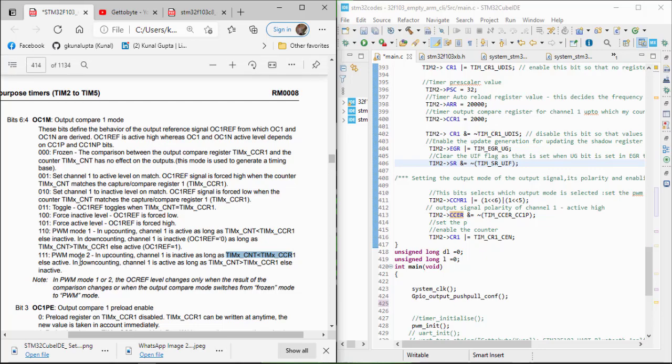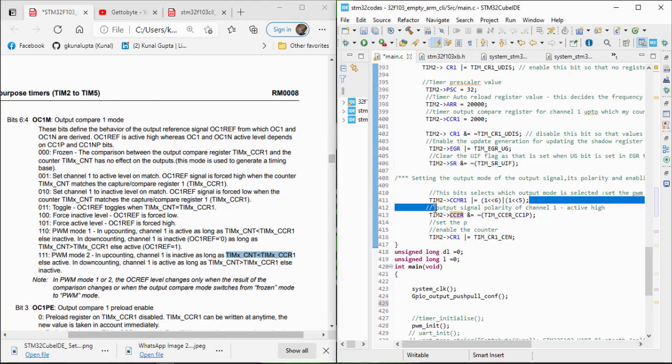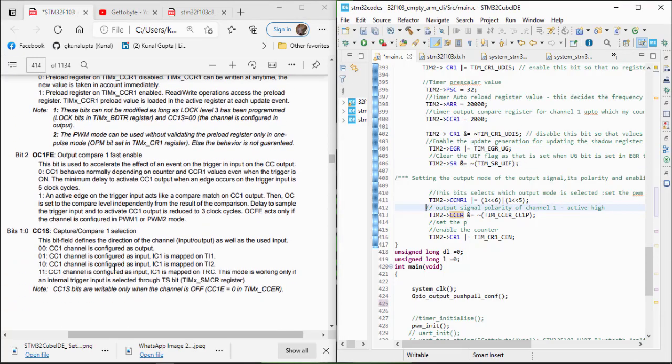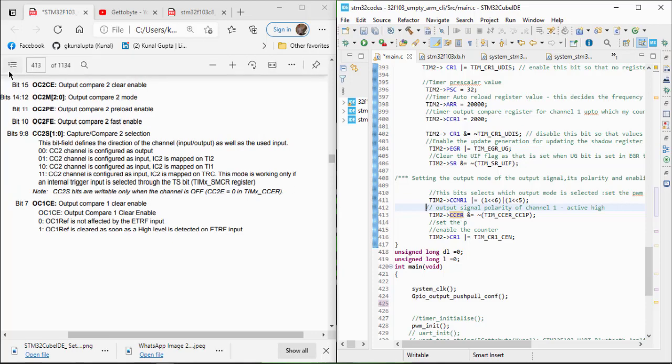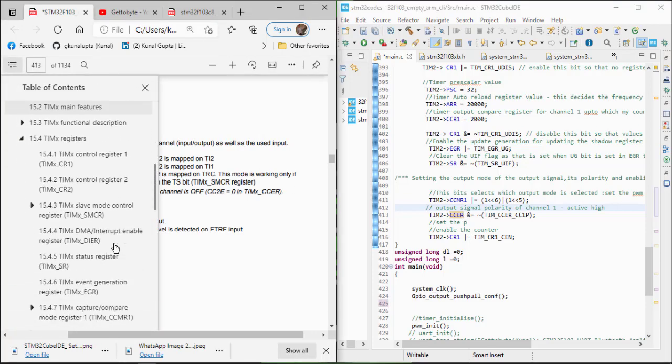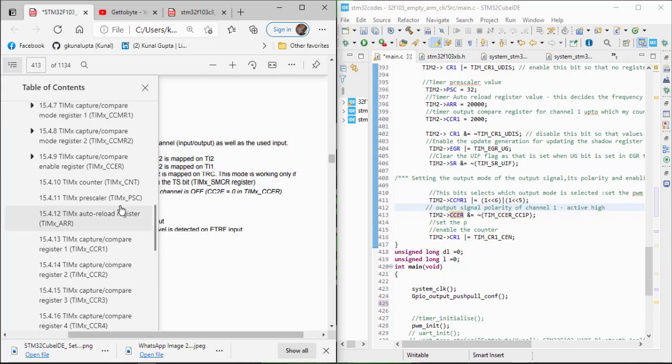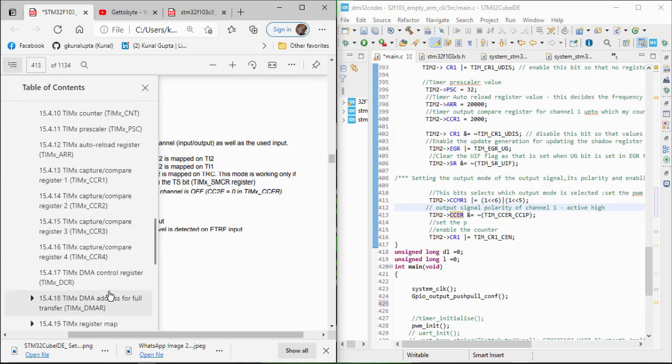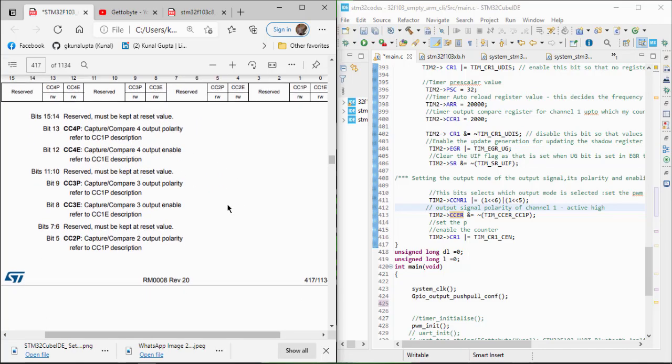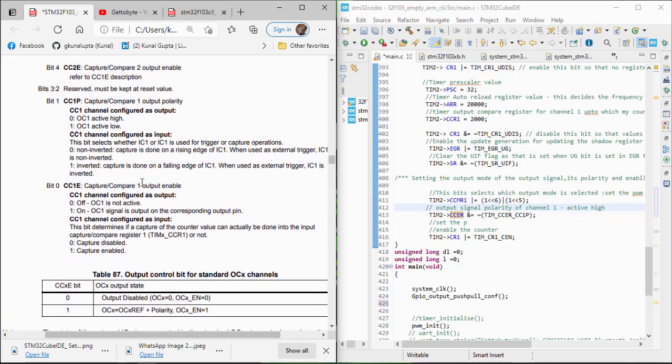Okay, I have configured PWM mode 2, that's why I set bit 6, and then the output signal polarity is in the CCER register, as I have told you. So we will go to the CCER register again. Here we select what has to be done to our pin.